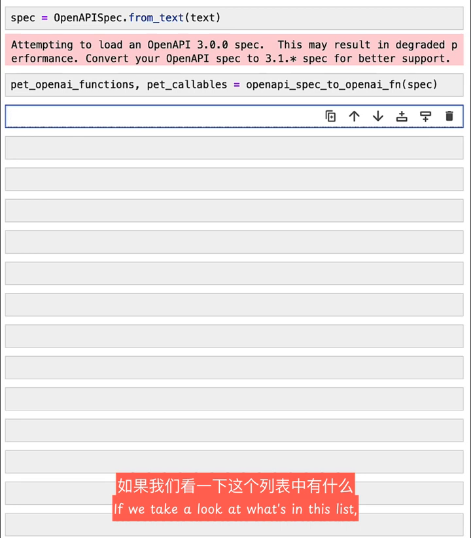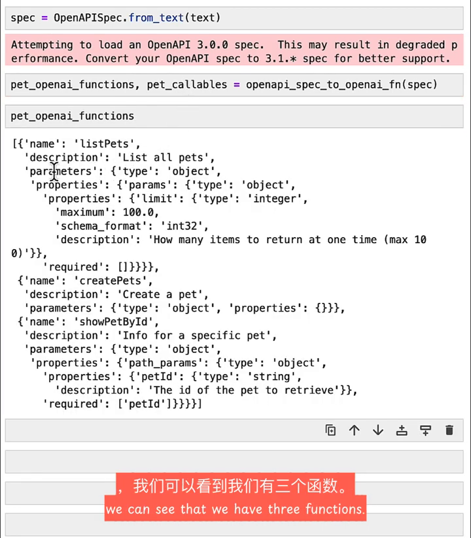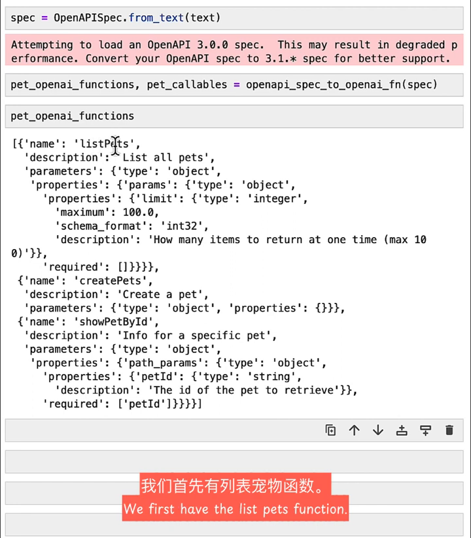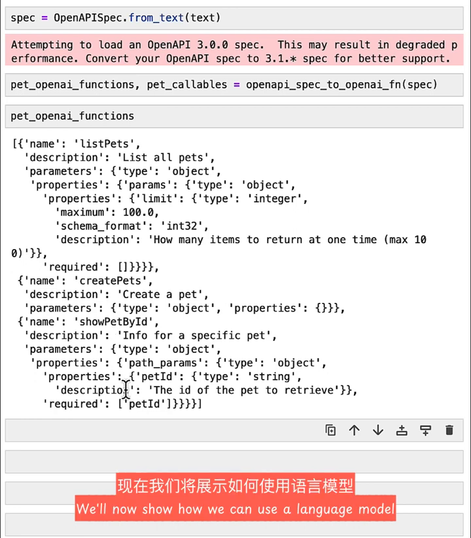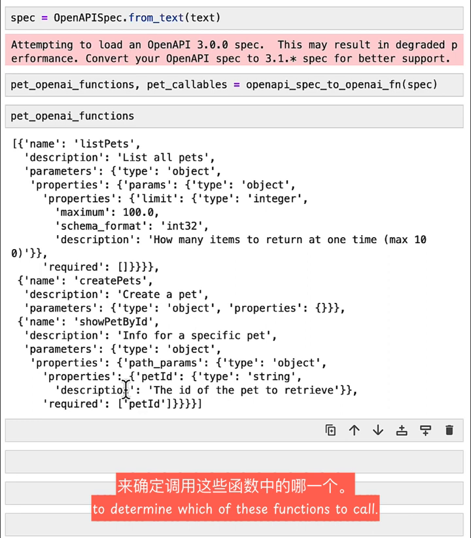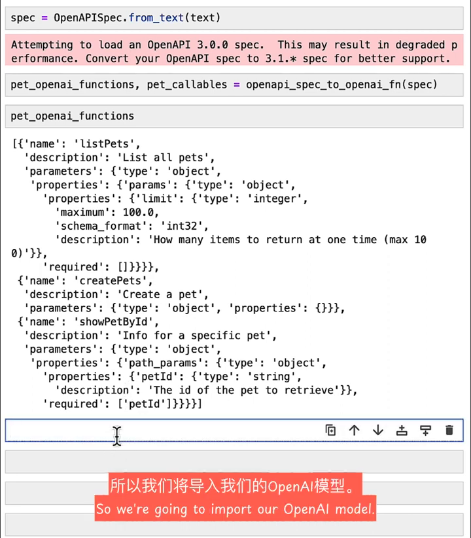If we take a look at what's in this list, we can see that we have 3 functions. We first have the list pets function, then we have the create pets function, and then we have the show pet by ID function. We'll now show how we can use a language model to determine which of these functions to call. So we're going to import our OpenAI model,